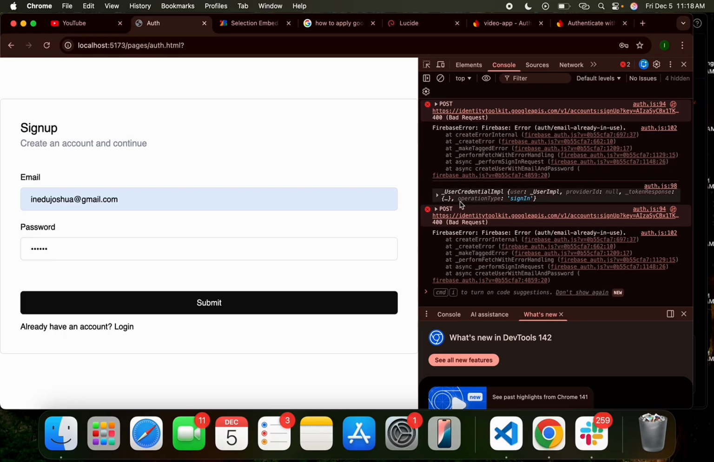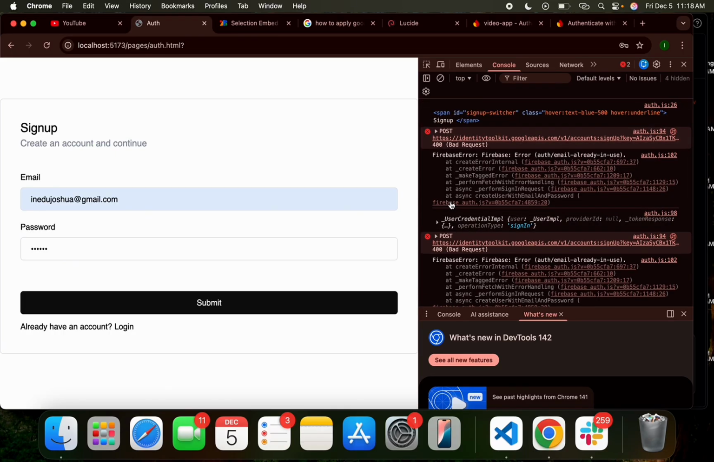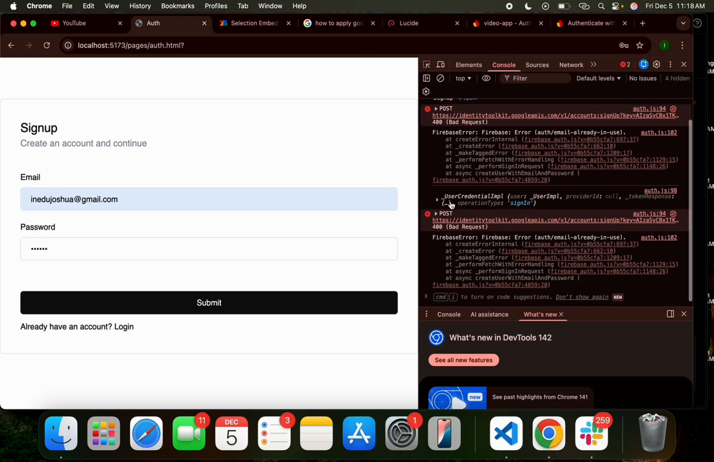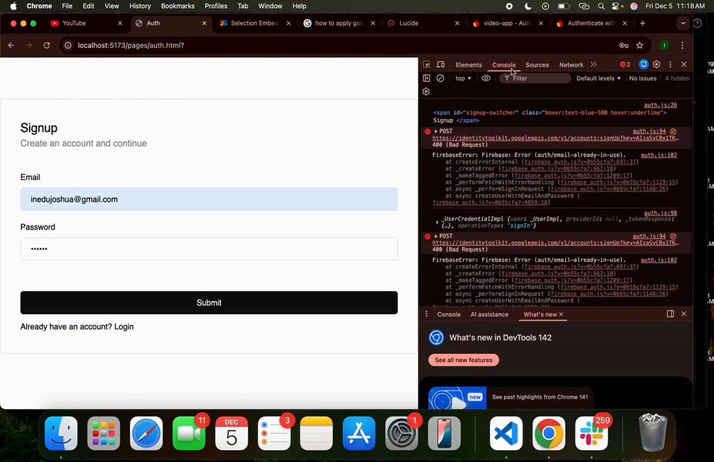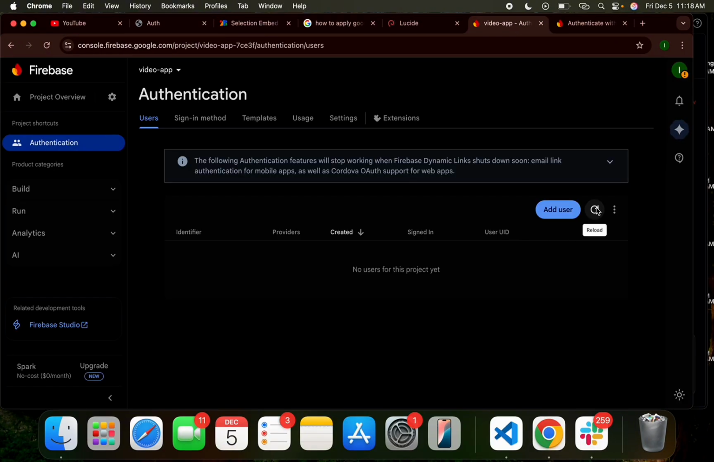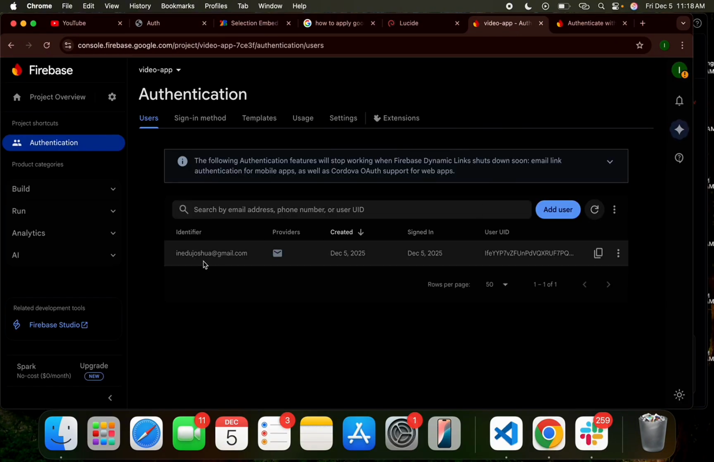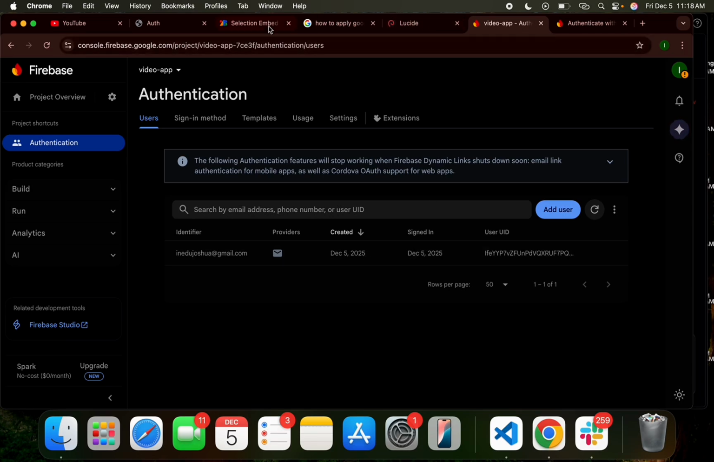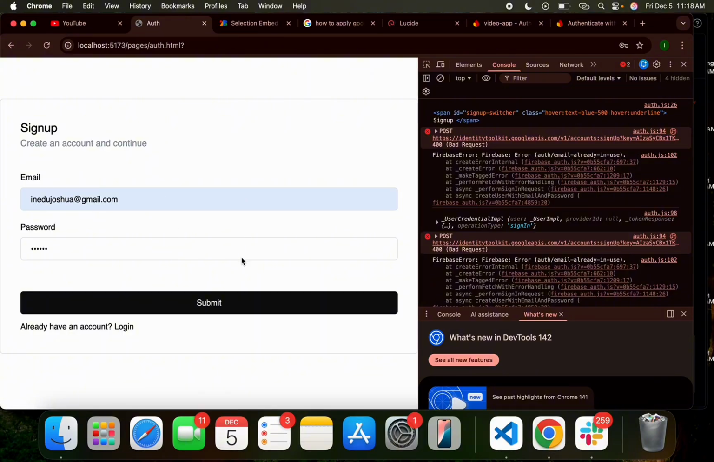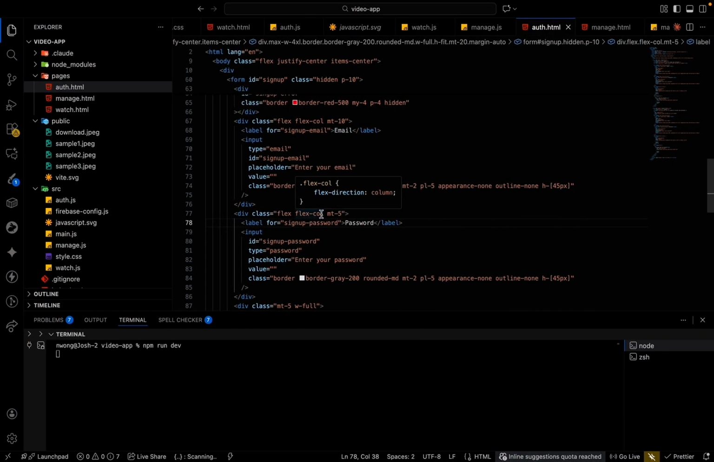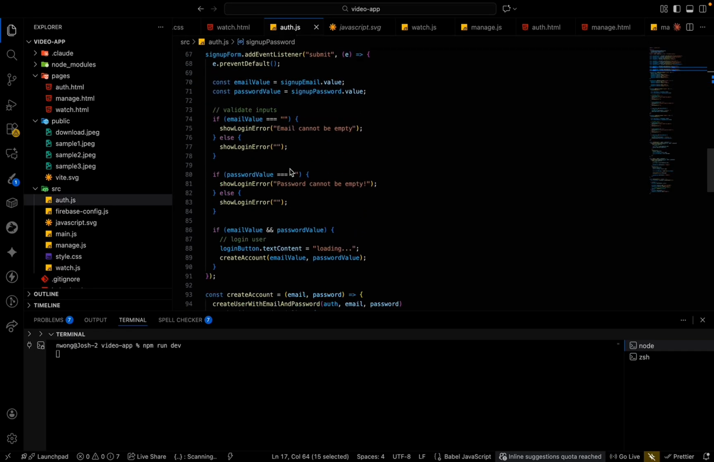Okay, so we got a Firebase error, email. Okay, so we got a user already. Let's see. Yes, so we got a user already. Now this is the user. This user is signed in. The problem is we did not handle what happens when the user is signed up. Now at this point where the user is signed up, we now want to